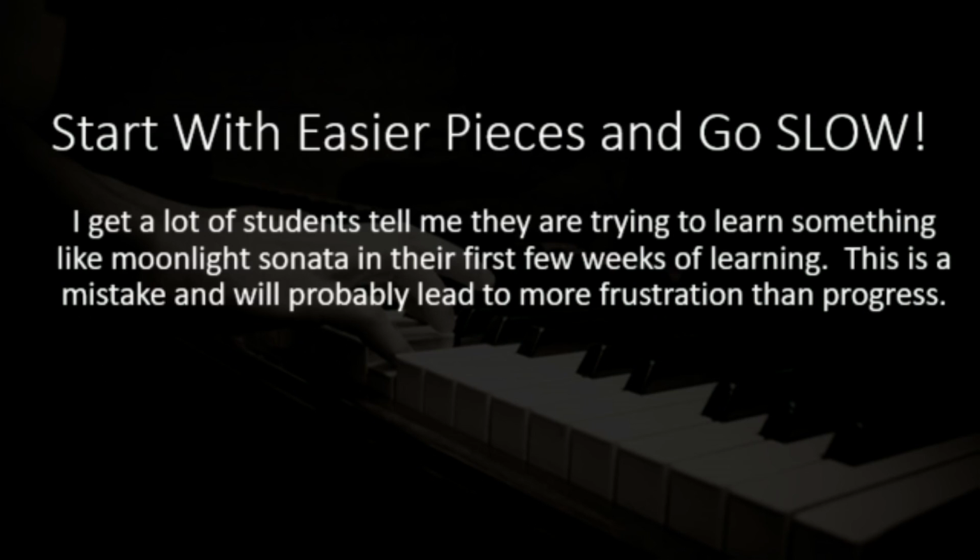I get a lot of students that tell me they are trying to learn something like Moonlight Sonata in their first few weeks of learning, and this is a mistake for the most part, unless you're some kind of prodigy. Again, you're probably not, and it will probably lead to more frustration. So if you are trying to read something way above your level and you're just starting out, you don't even really know the basic concepts yet,